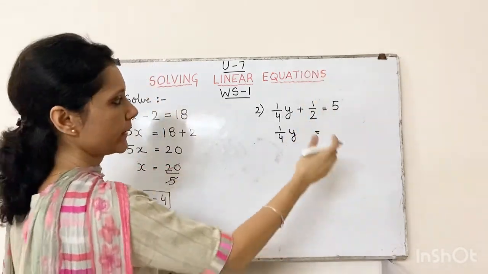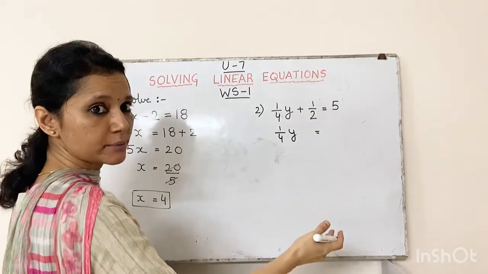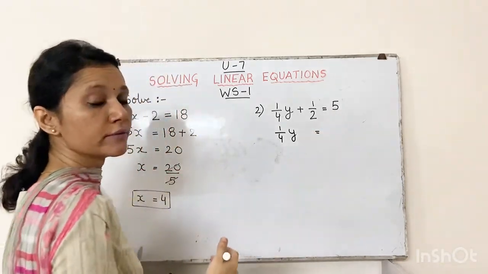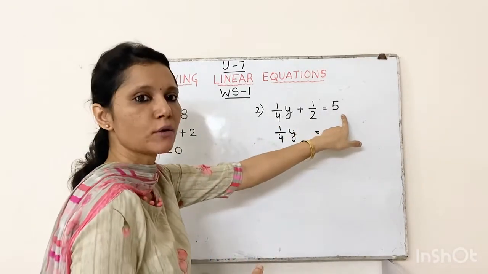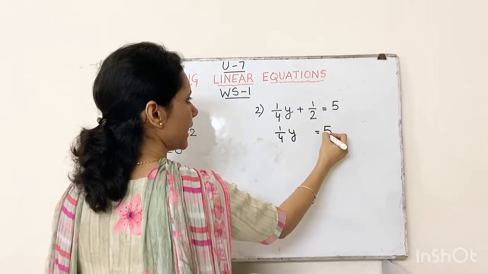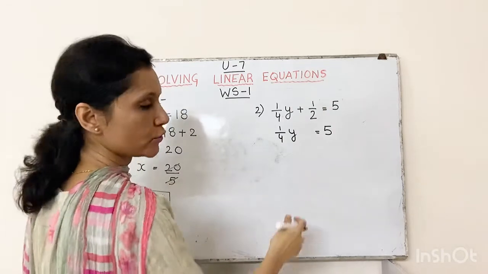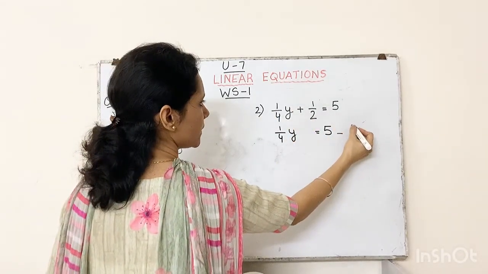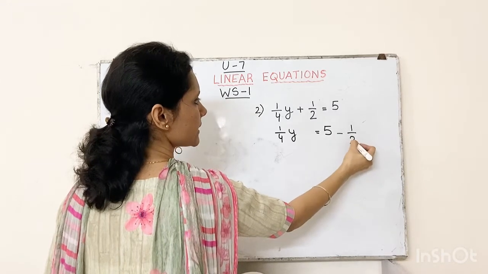the right hand side. When you are moving the terms to the right hand side, bache, always keep this thing in mind. First write the constant that is already there on the right hand side. So first we would write 5 and then we would transpose 1 upon 2. Now 1 upon 2 is getting added here. So when we would transpose it, it would get subtracted.